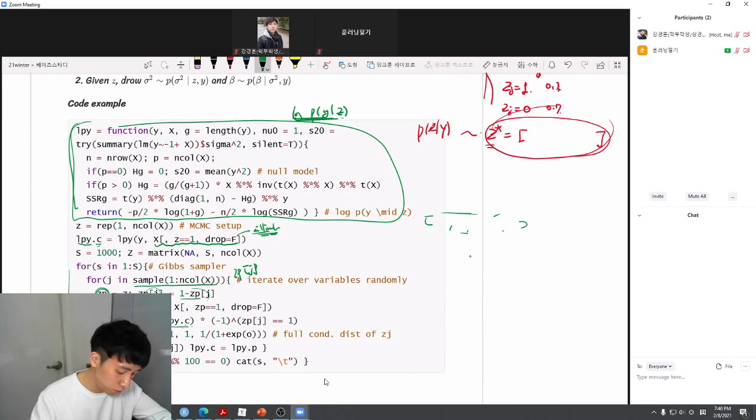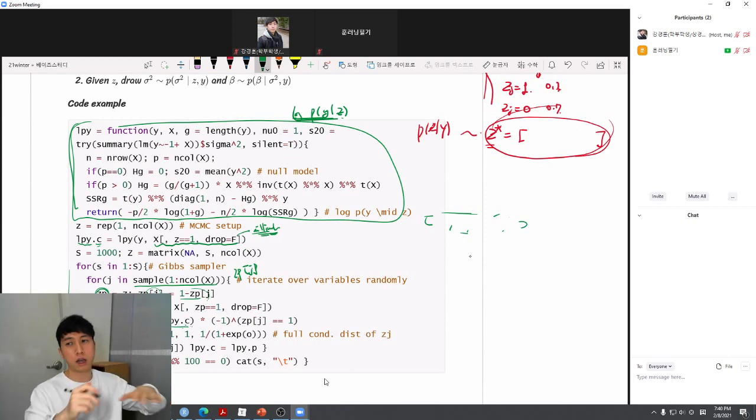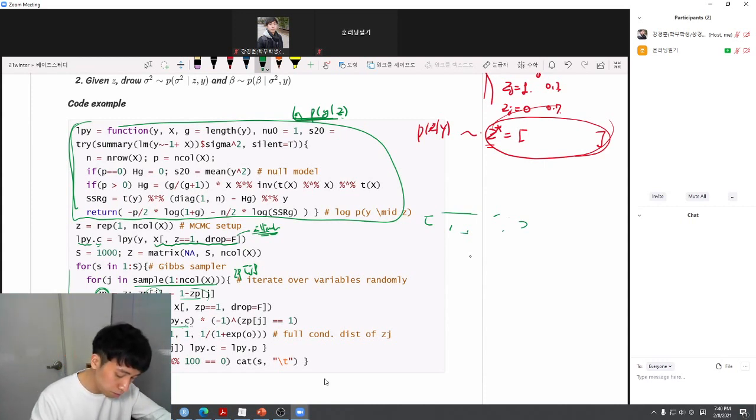We take the log difference and plug it into the equation right here, and after that we get the update probability,